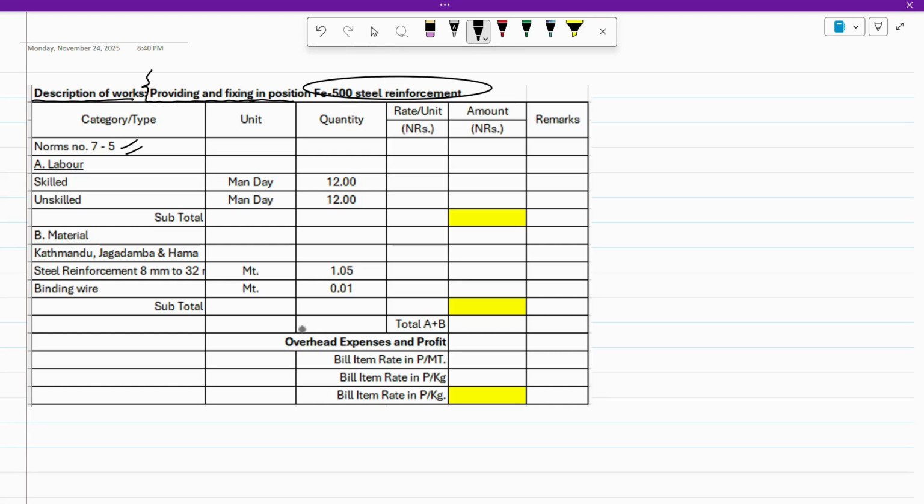The rate analysis has been divided into two parts. One is labor and the other is material. And labor, you see there are two: skilled labor and unskilled labor. For the skilled labor, you need bar benders, foremen,